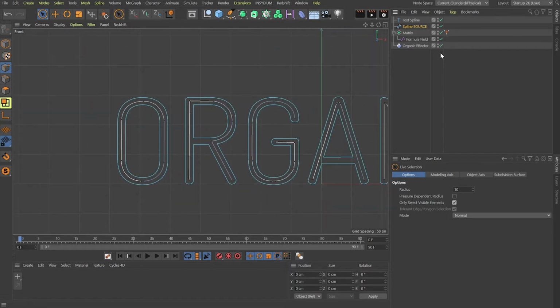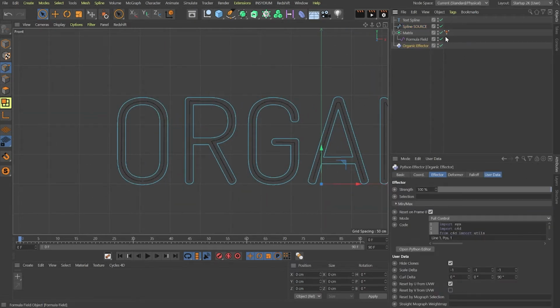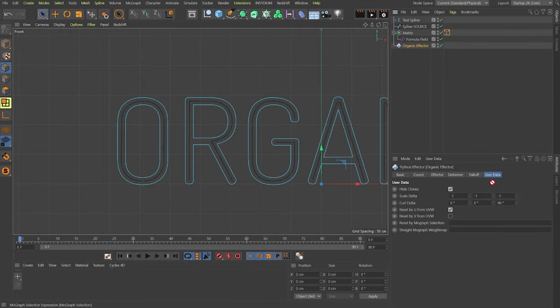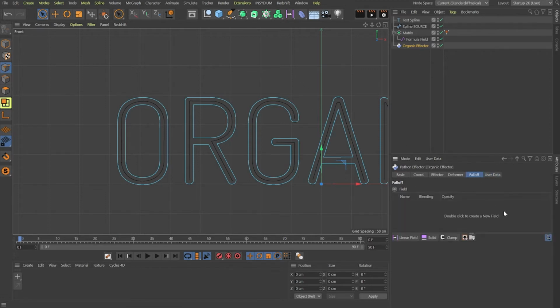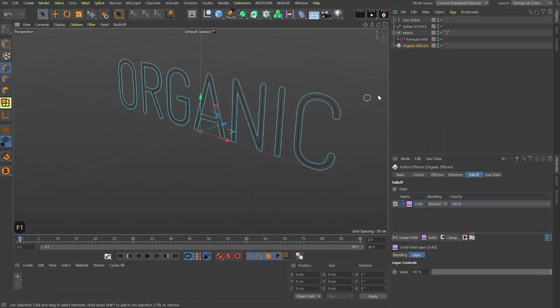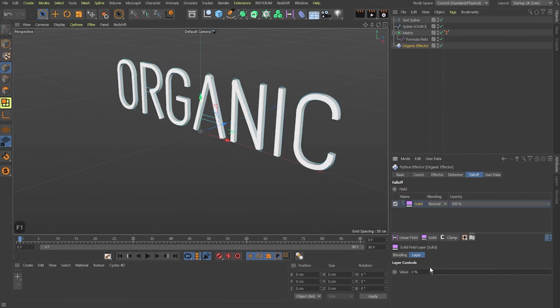Okay, let's go back to the Matrix object. Inside of my organic effector, I will put reset by MoGraph selection field here, disable this checkbox, and in the falloff tab I will drop my solid effector. And oh yeah,